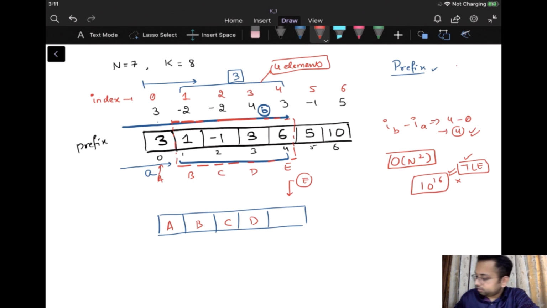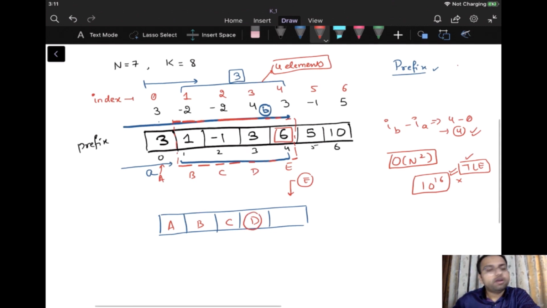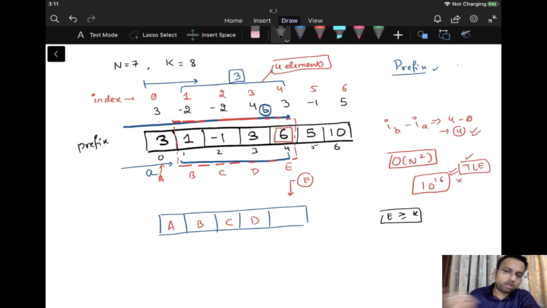it's possible that whatever element was stored at this particular index, which was equal to 6, if I add that to the previous sum of the continuous subarray, the sum could exceed the value of k. It's possible now that E is exceeding the value of k, is greater than or equal to the value of k.